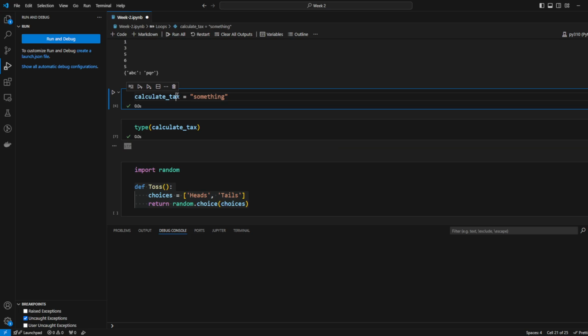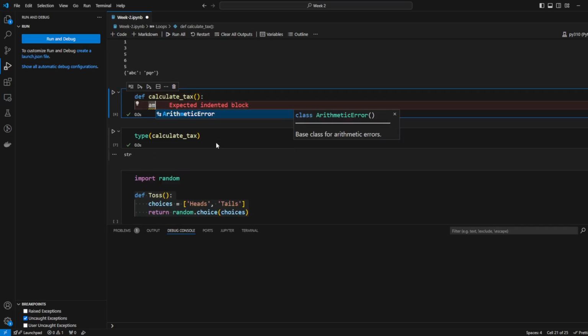But if I have to use this calculate tax as a function instead of as a variable, I have to say def calculate tax, bracket open, bracket close, colon. So this line will say the next lines which are an indented block are part of this function. So what I'll do is I'll say tax is equals to... Why did we use def then? So you're defining your function here,